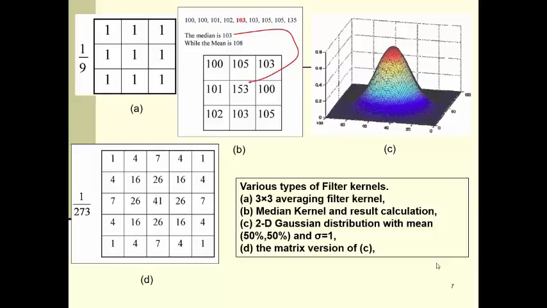Only the element at the center has the maximum weight, and as I go away from the center, the effect decreases. In this case, I'm doing the average, but it is a weighted average. If the pixel is near to my pixel, the contribution will be high. If it goes further, the contribution will be low. Understand again? So this is one type of